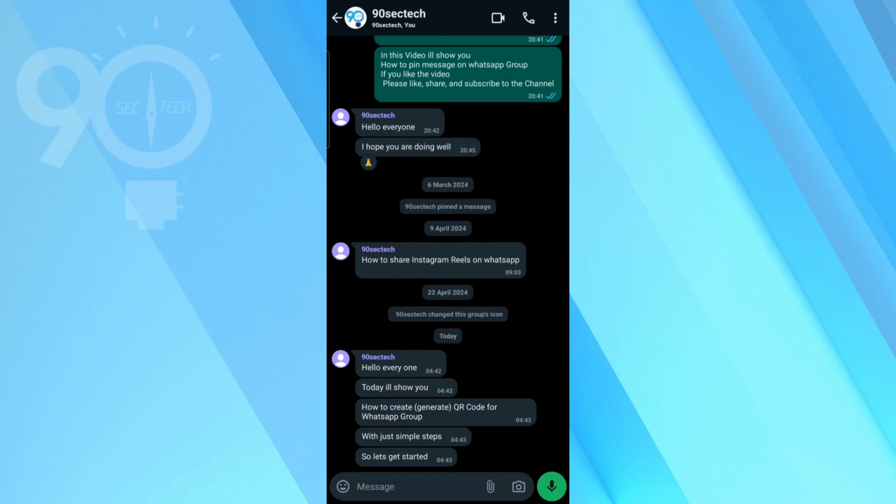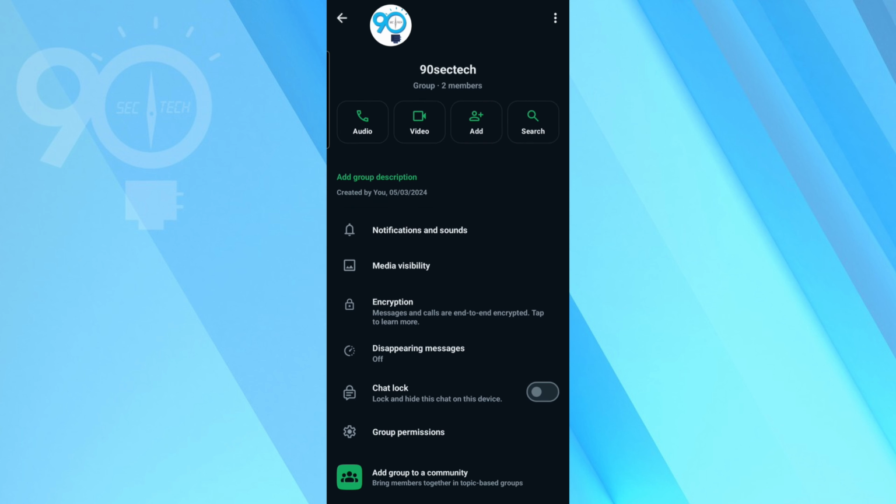Hello everyone. In this video, we're going to show you how to create a QR code for your WhatsApp group, making it super easy for people to join. Let's get started. Firstly, you need to be an admin of the WhatsApp group for which you want to create